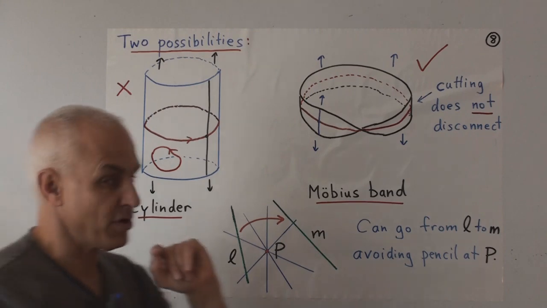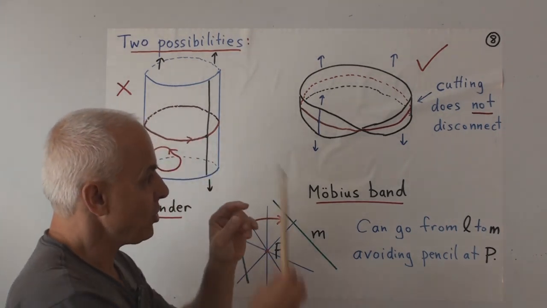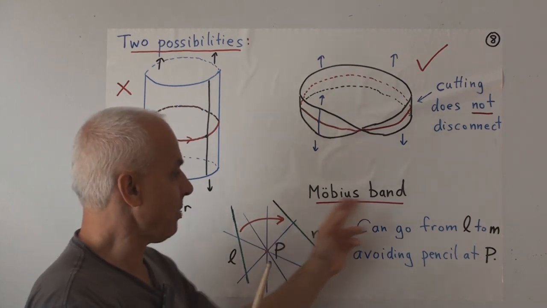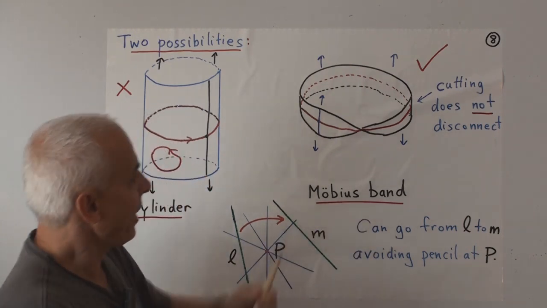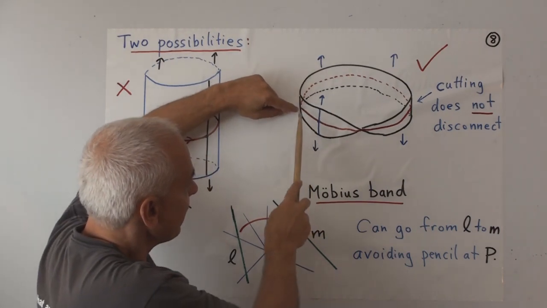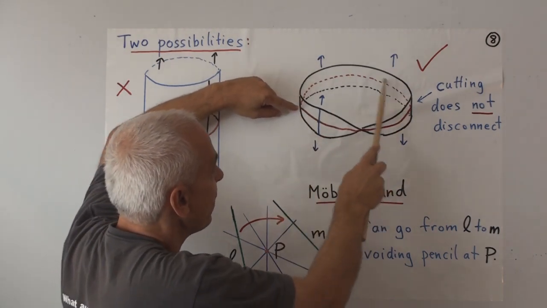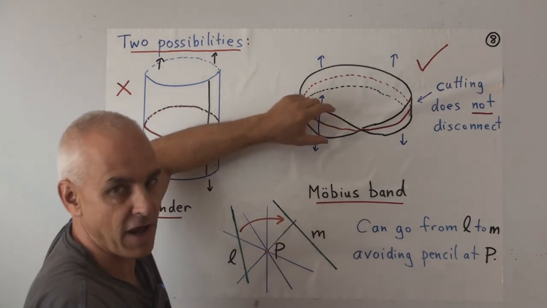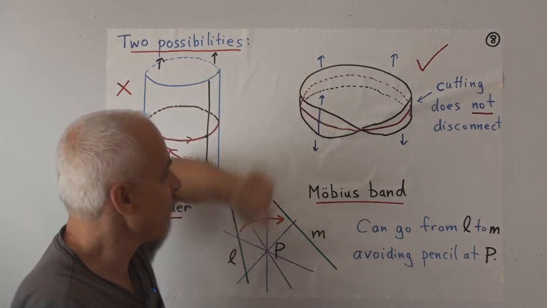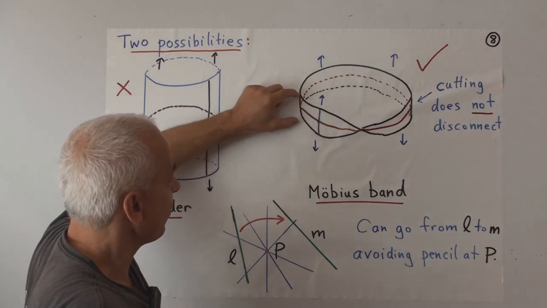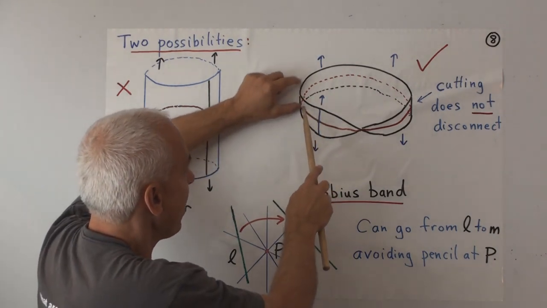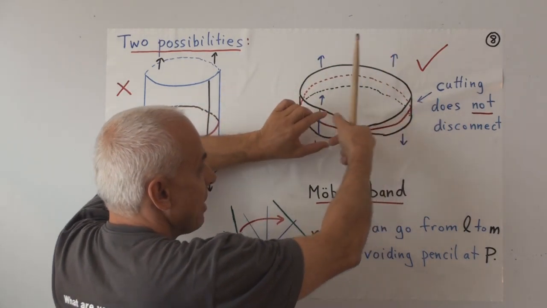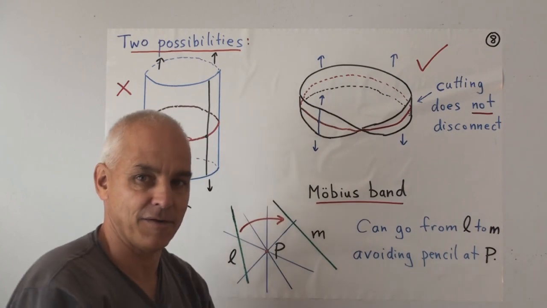Another possibility, a little bit more subtle one, is to glue the lines around with a twist. We get something called a Mobius band. And here's a picture of it. This is the central circle, the red one here. And what we're doing is there's a line or part of a line. I can't represent the whole thing very easily, so just imagine that line there. It's glued to the circle and we move around like this. But as we get closer to this point here, these lines come together and twist before they connect again.